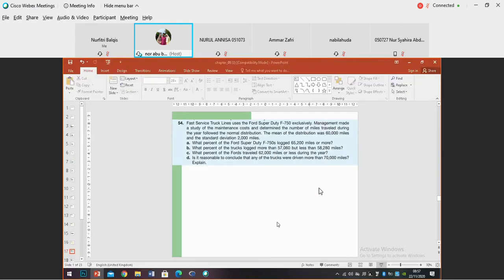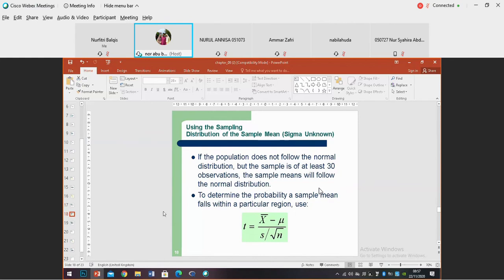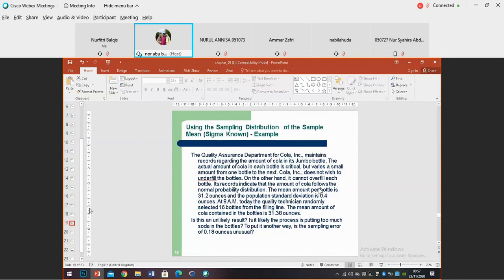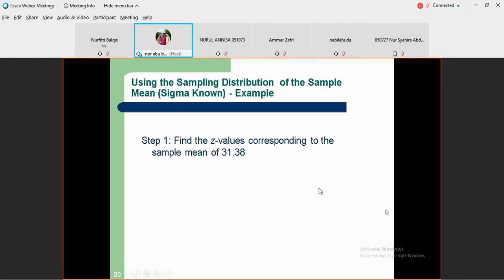Okay, our meeting will end in 1 or 2 minutes. Okay, so we're going to attempt this question. So we'll go to WhatsApp later. But before moving to WhatsApp, okay, so earlier we took 31.38 minus 32.20 and then divided by 0.2, ignore this sign here. It doesn't feel right, does it? Okay,